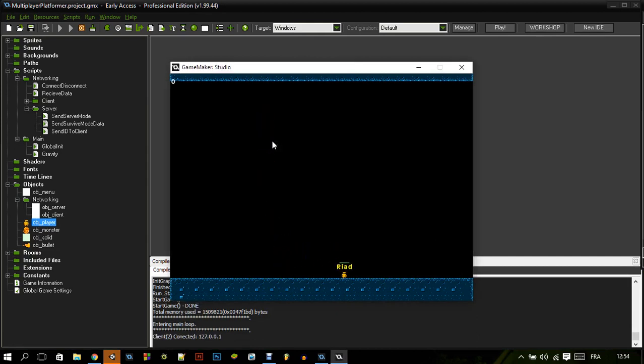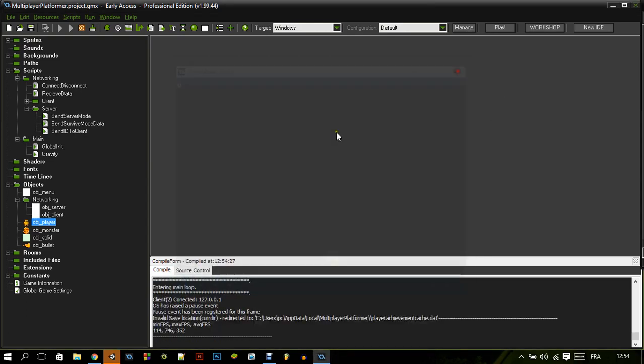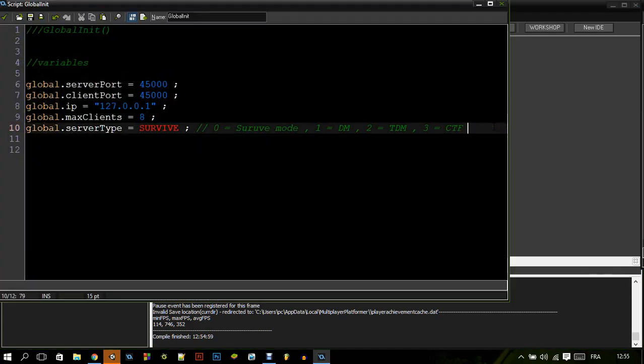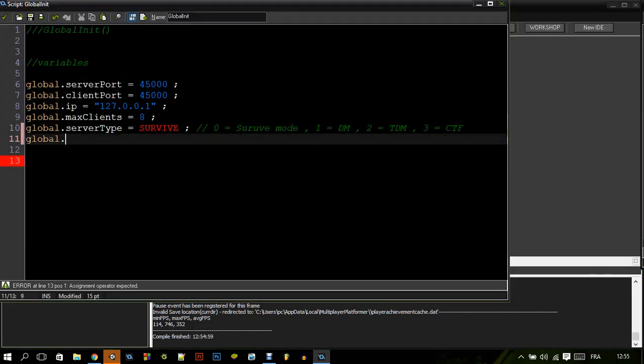Okay, so as you can see, the player can jump now and shoot. Let's see if we can shoot in the air. Yeah, so as you can see, the animation here for the air shoot. Okay. Now what we are going to do, I actually prefer to add one more variable here, which is global friendly